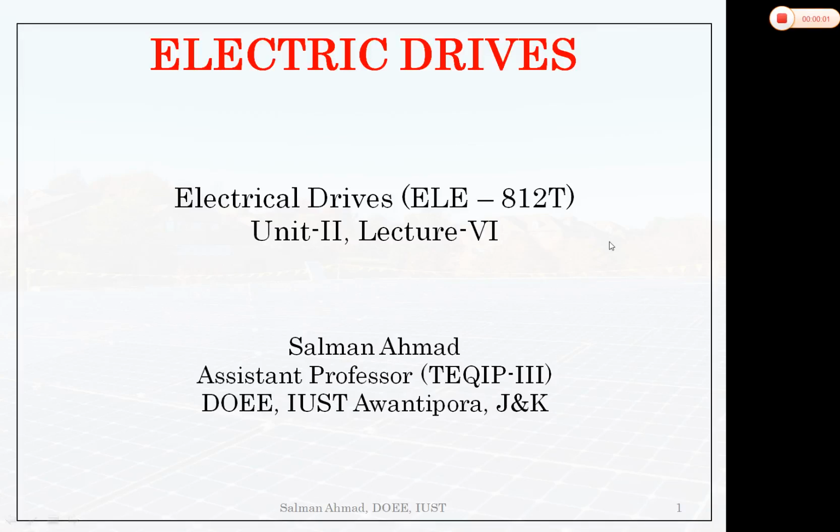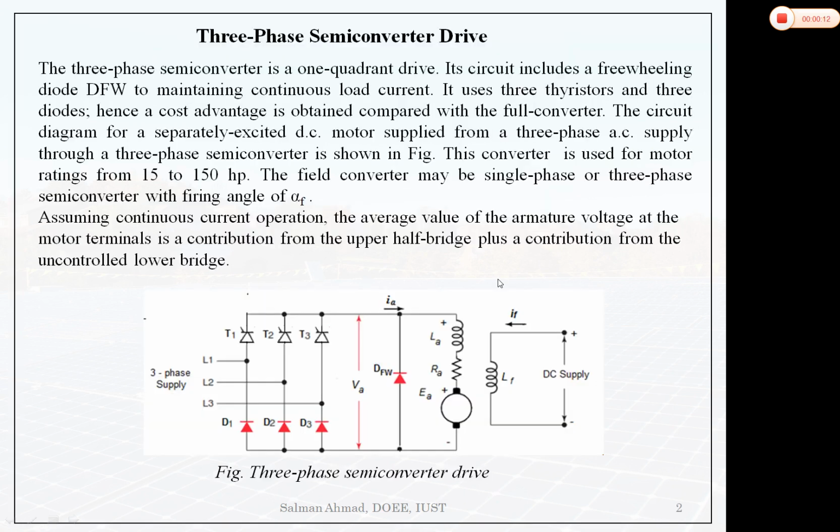Hello everyone. So this is the sixth lecture of Unit 2, and in this lecture I'll discuss three-phase controlled rectifier fed DC motor drives. In continuation with the last lecture, first I'll discuss the three-phase semi-converter drive. In a semi-converter, we have three thyristors and three diodes. These thyristors are turned on at an interval of 120 degrees each, and these diodes will conduct whenever they are forward biased. Also, we have one freewheeling diode that is connected across the armature circuit of the DC motor,